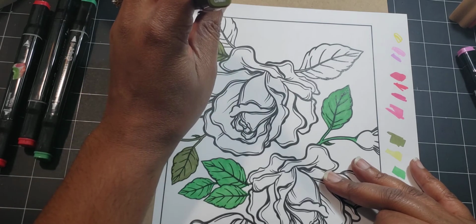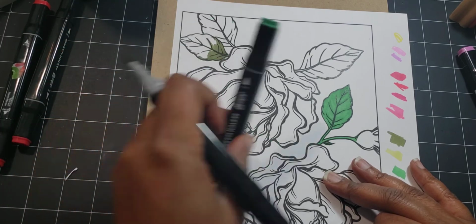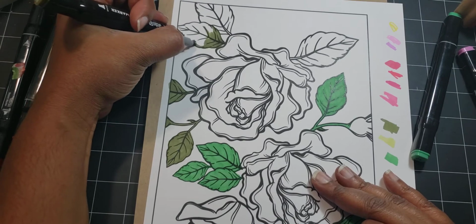this color is called bronze green, and I really like it. The other color that we use is called vivid green, and that's to do these lighter ones. Yep. So anyway,